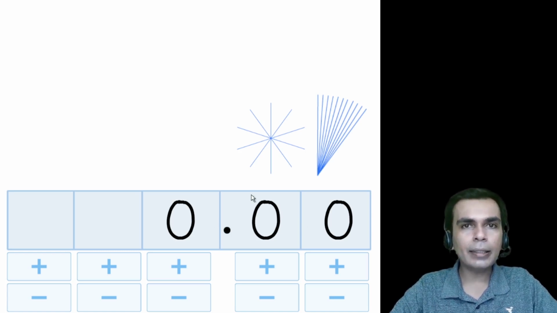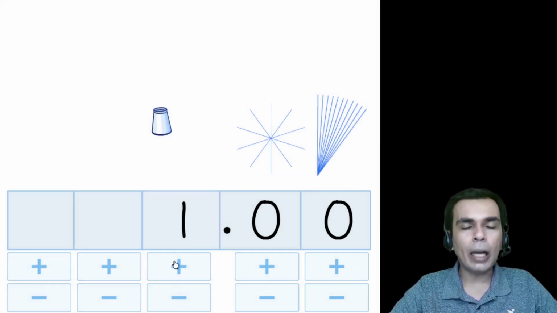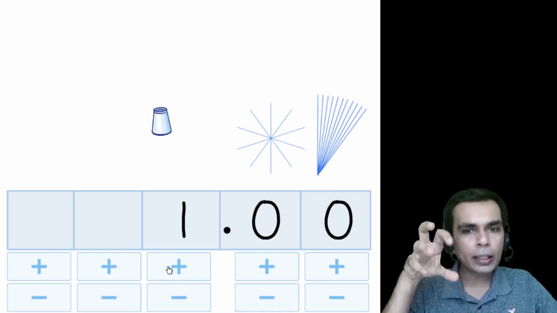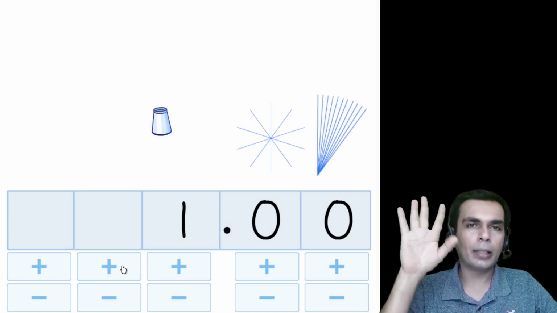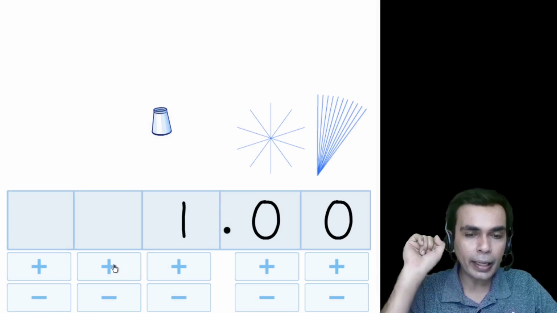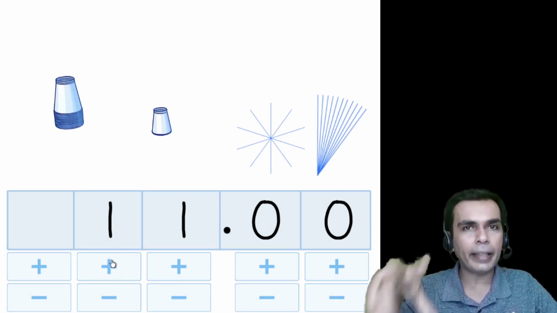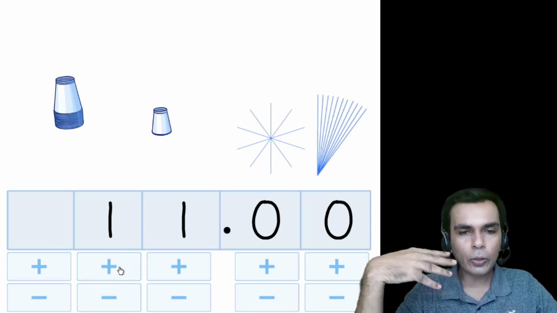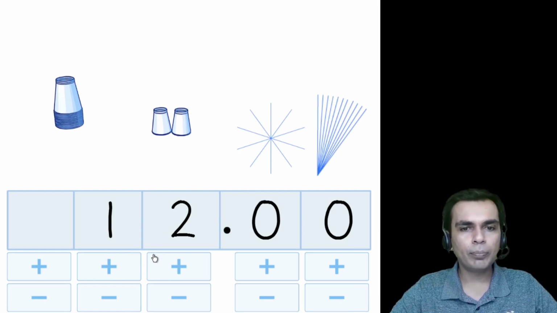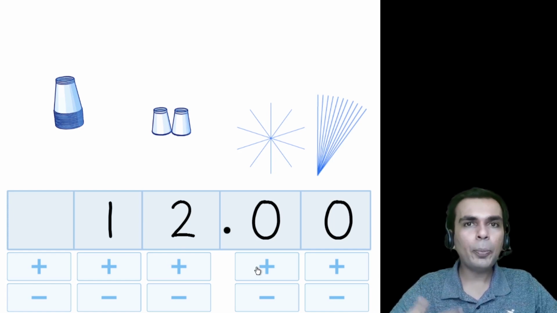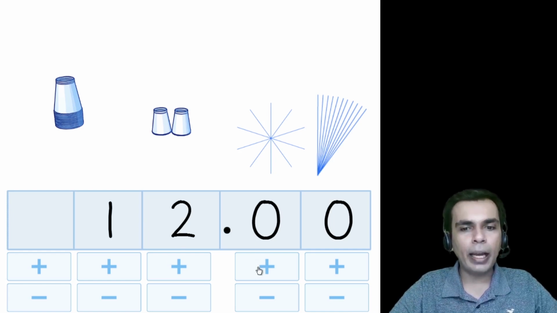So it starts with, let's say we have a cup. I have one cup. Now, if I put these together 10 times, I'll have an entire 10. Now, if I were to slice or cut this cup into 10 equal pieces or strips, that would be a fraction. Now I can't write one for that. So what do I do? I think of it as a tenth.